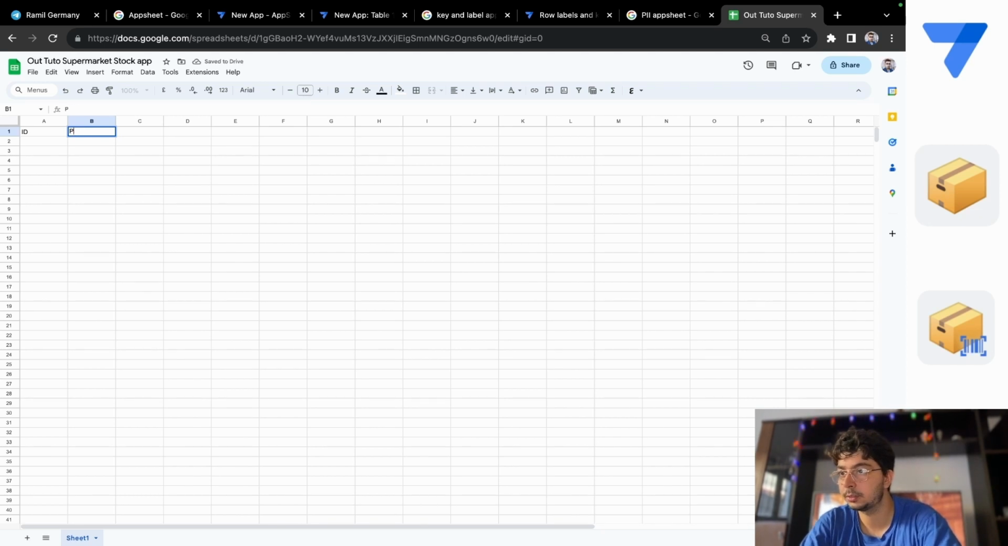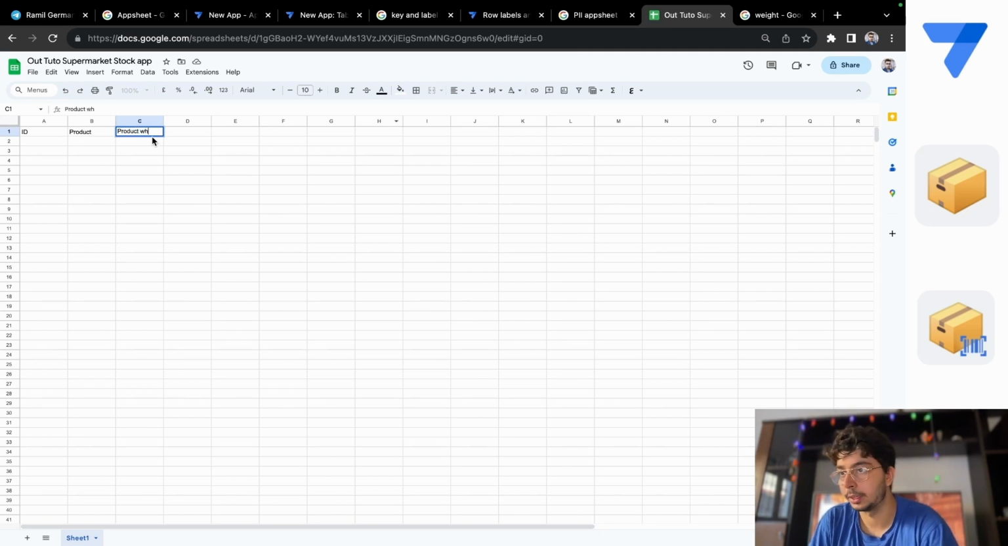product, product, what we can put. Let's put something with number, like for example, the weight of the product. Okay, product weight. And then here, okay, let's go with the weight here. And then